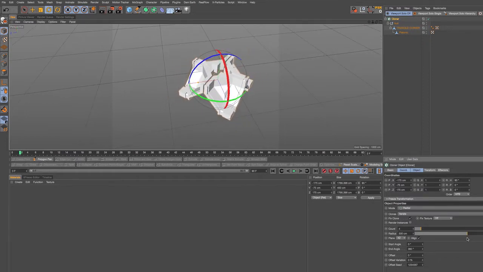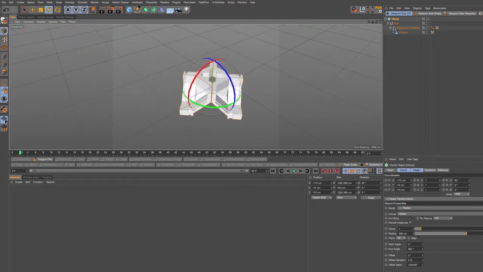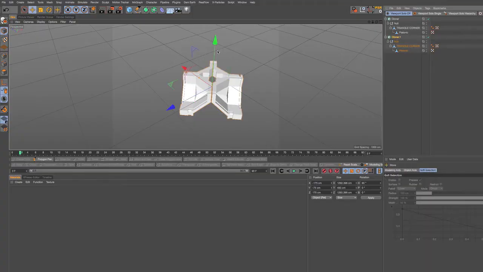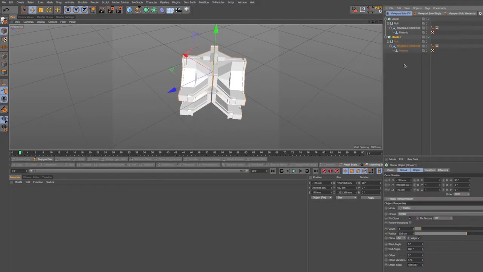About there looks good. Now, if you select your cloner, hold Command and drag it down in your object manager, it will duplicate. Look out for the box with a plus sign in it. This means your selection is going to be duplicated and not just moved. I'm going to drag this cloner up on the Y-axis and increase the size of the radius, perhaps even add